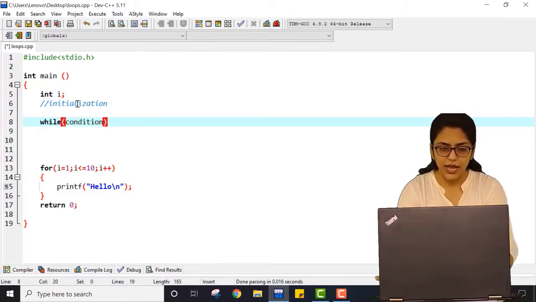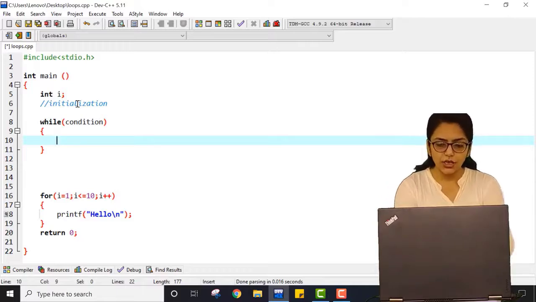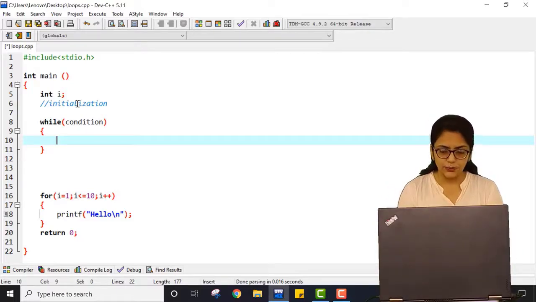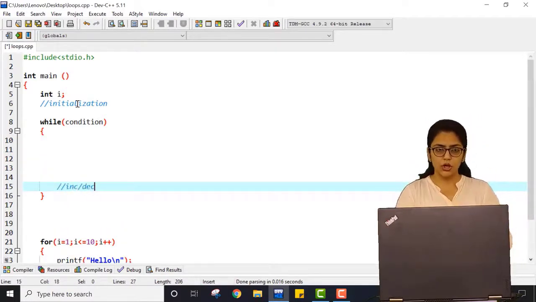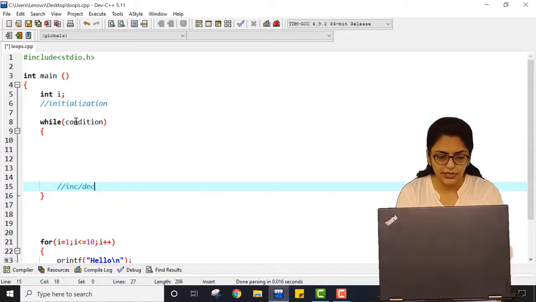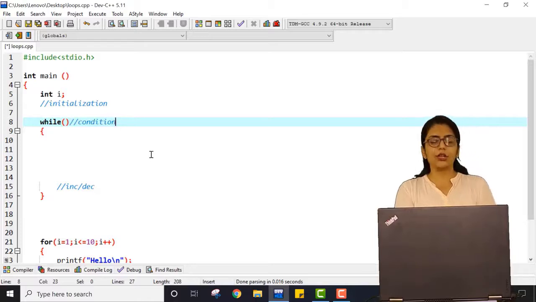This is the syntax, and here is the statement which is going to be executed each time the control enters inside the loop. Once the block of statements is executed, then at the end I do increment and decrement. This is the general formula for the while loop. Now how can you achieve that?